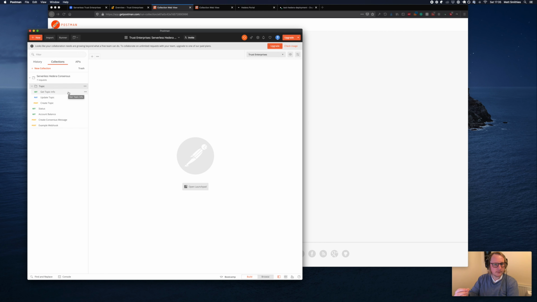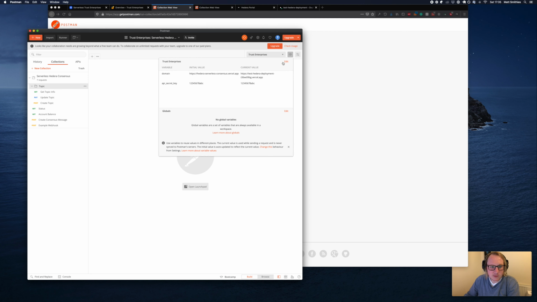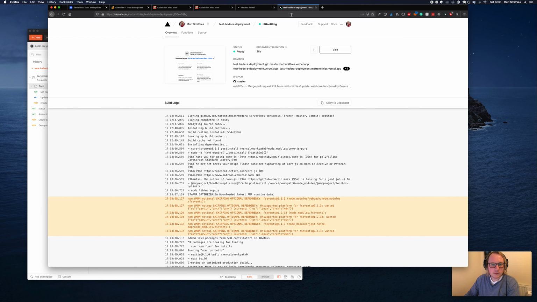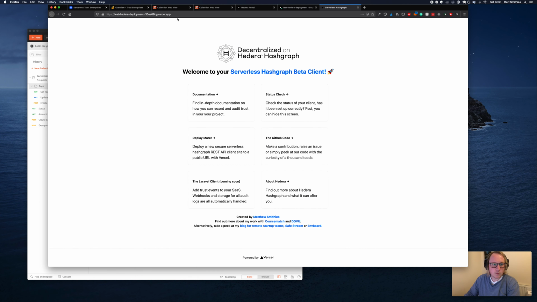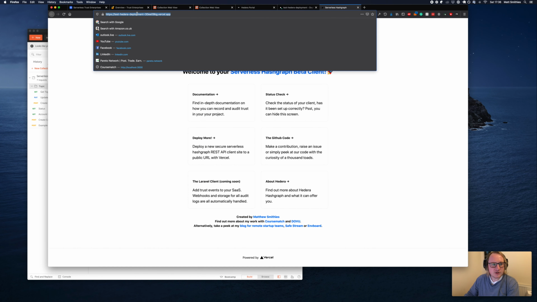calls that you can make, but first, before you begin, you need to make sure that you are configured. Here we have an environment that you need to set up. You want to create a Trust Enterprises environment, and you want to create it with your current domain name, which is this here. Make sure when you copy it though